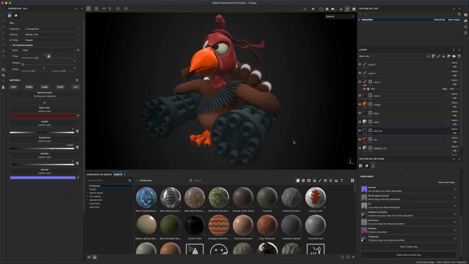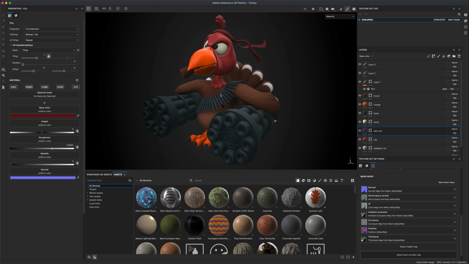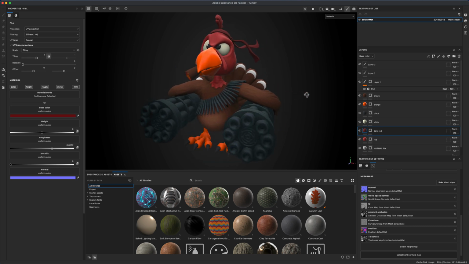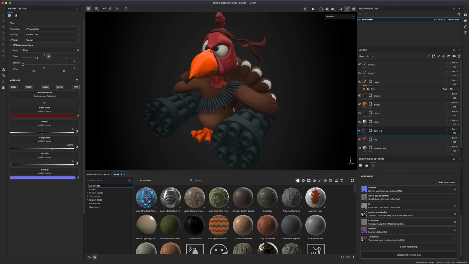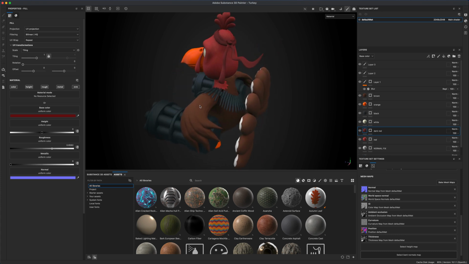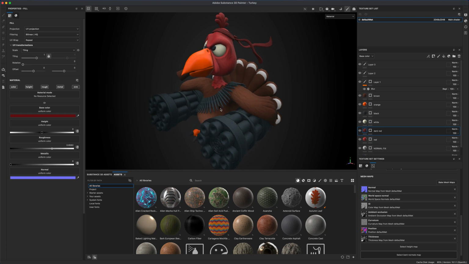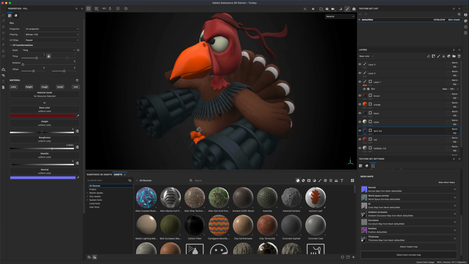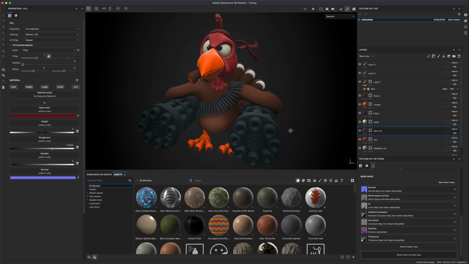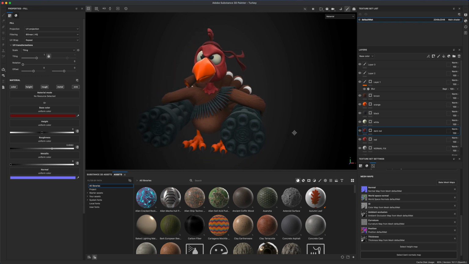So in our last video, we took the low poly ZBrush version and the high poly version from ZBrush as well, and then we baked it in Substance Painter. If you are following this turkey series, you'll see in the videos that we did have a couple small issues that I had to fix in the tail, and there's some UV issues that are visible in the bullets as well. So in this video, I was thinking, why don't we take it a little further and let's explore what